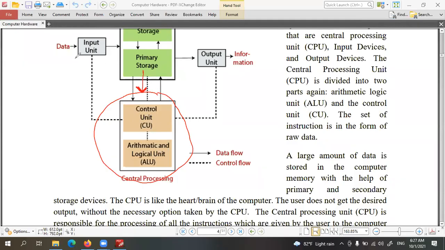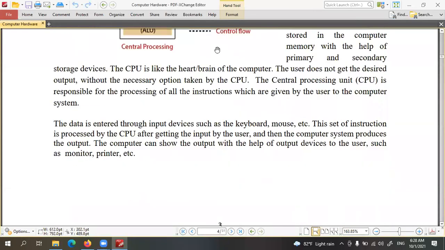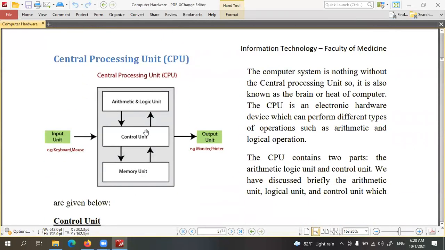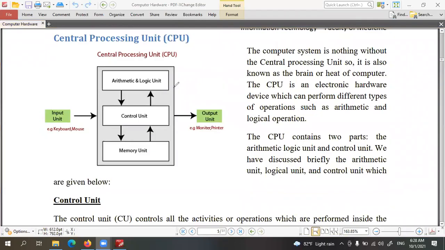All the other data will be sent or generated from input devices and storage devices. However, they will initially be stored in the primary memory, and only then can they be transmitted into this CPU, central processing unit. So you must understand, input means keyboard, mouse, those things, but they will be sent to this central processing unit through the main memory.